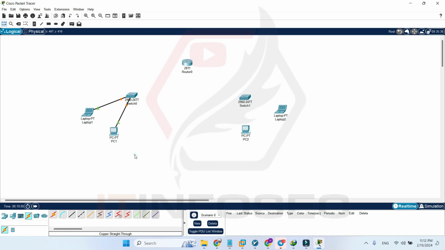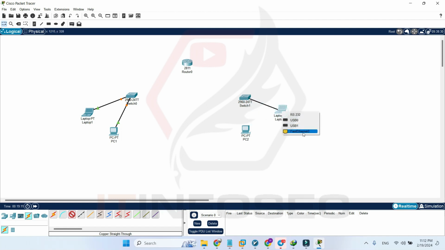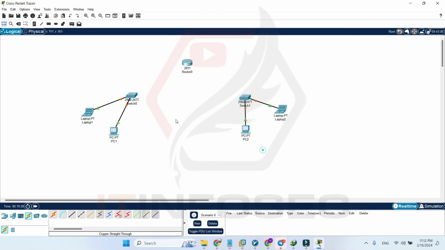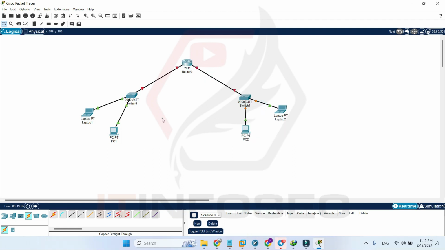Connect to the Ethernet port of the PC. Again, for this switch, connect the switch to the PC as well, and select each switch to one of the fast Ethernet ports of the router, and from another fast Ethernet of the router I will connect to this. Well,